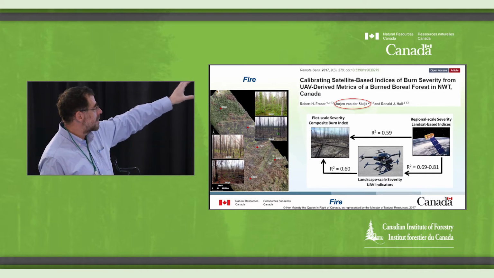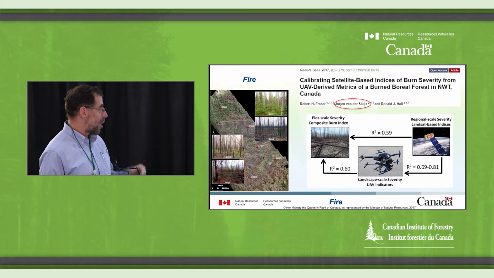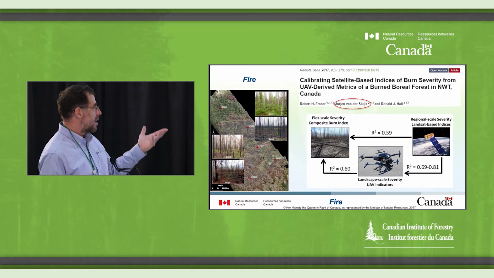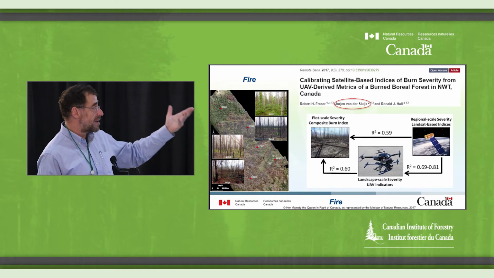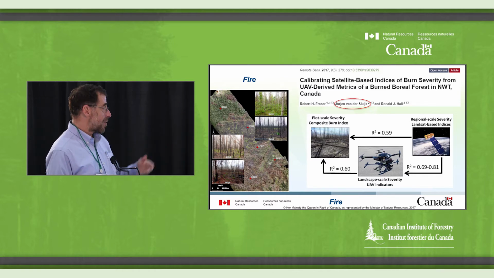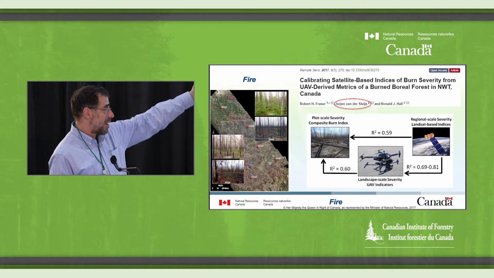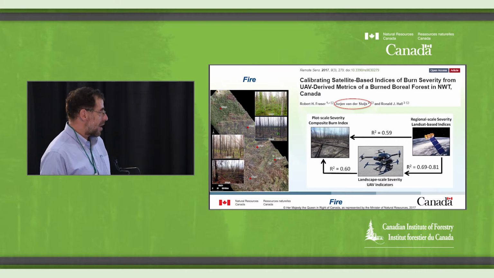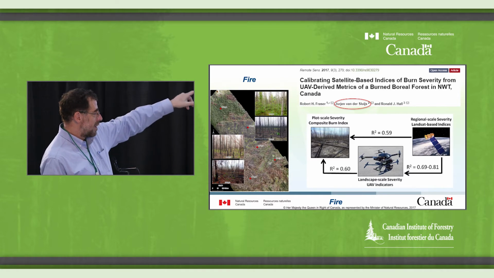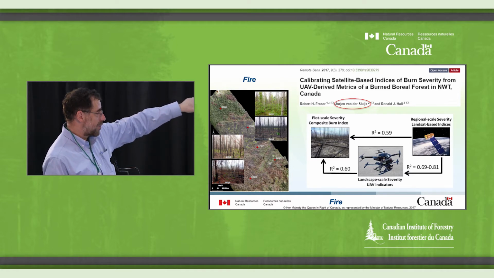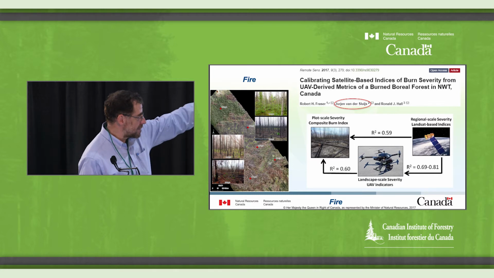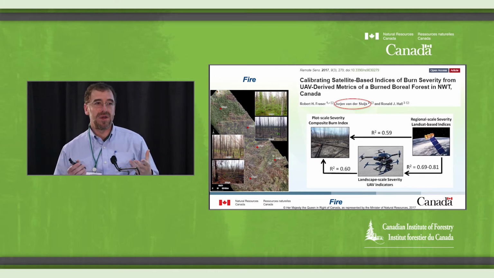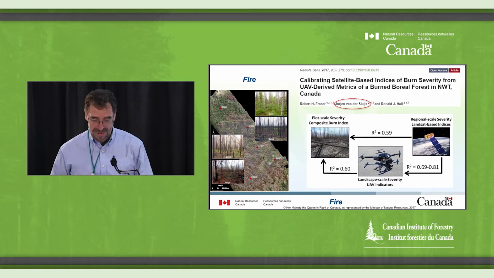they created a number of plots where they measured burn severity from the ground, this CBI, and then they related it to metrics derived from either drone photogrammetry or Landsat, and they showed that there are good correlations, good R squared between these ground data and both the drone and the satellite, and between the satellite and the drone. So this is a nice example of how you can use the drones to scale up information.